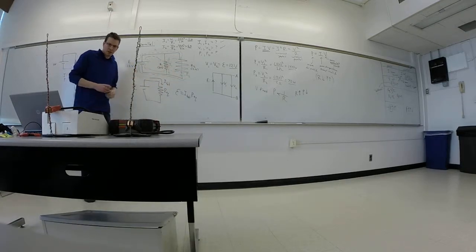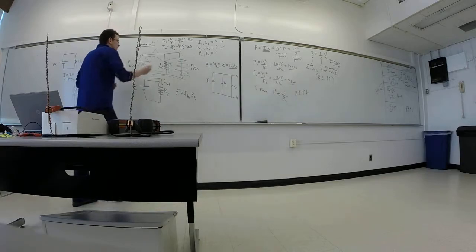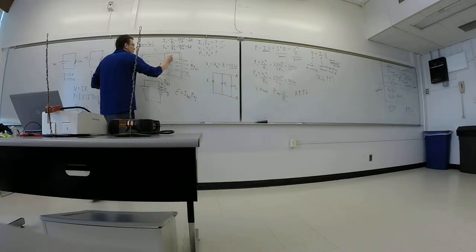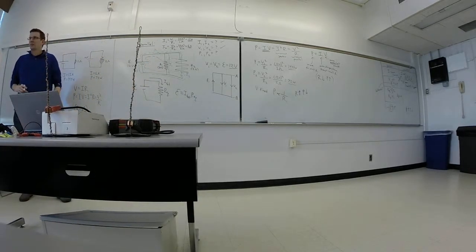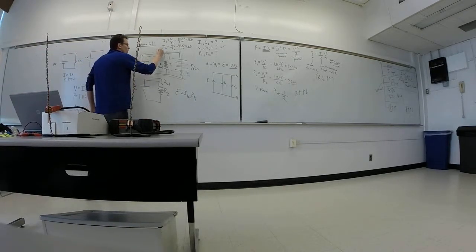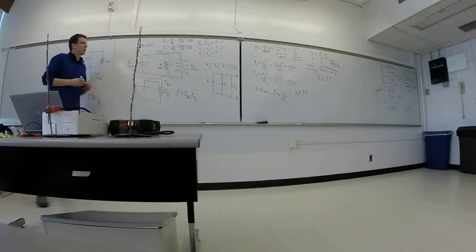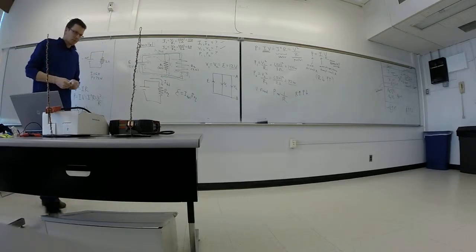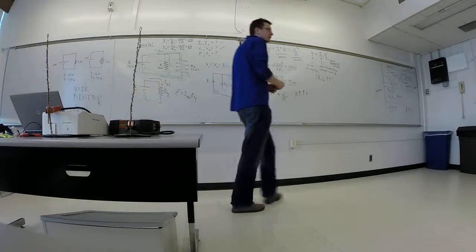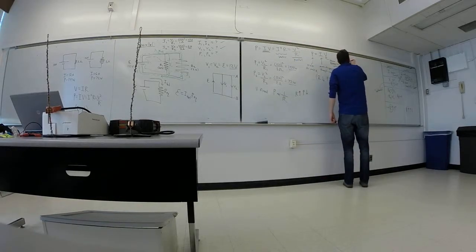Well, those ultimately, of course, came from a common branch. So both of those currents were split from here. That's the total current. It splits, flows across these two resistors, and then, of course, over here it merges again into the total current. So the total current that flows here will just be